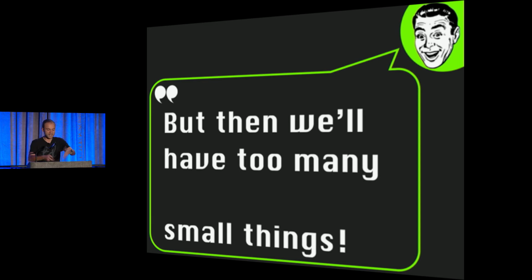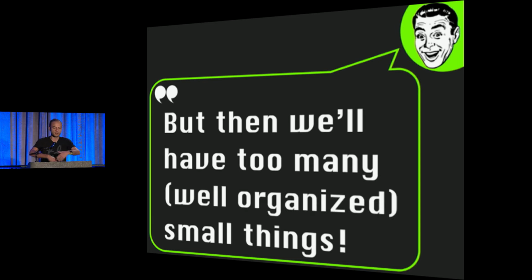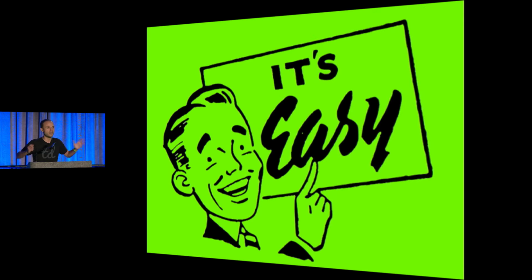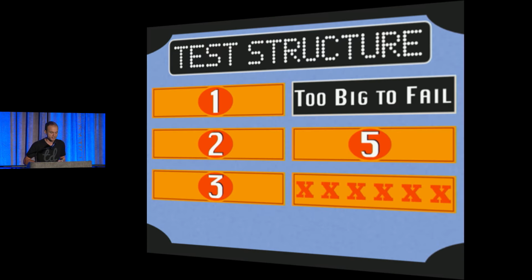They'll say, oh my gosh, they'll have too many small things. There's going to be well-organized and carefully named and comprehensible small things everywhere. This is untenable. There's a professionalism sort of thing here, where people feel, no, I'm a serious programmer because I have to reason about all this ridiculous complexity, and what you're saying is programming on easy mode. And they're right. It is easy. It's really easy to work with a lot of small things, and I recommend everyone do it. I have a much better time.